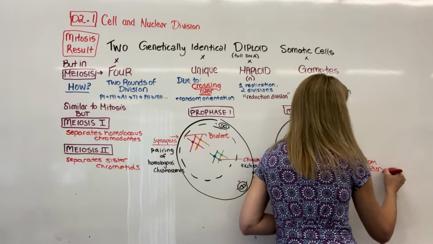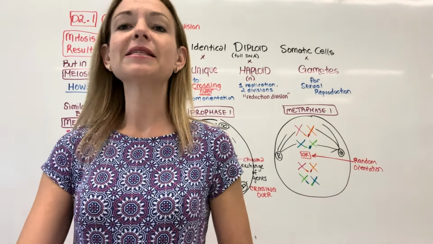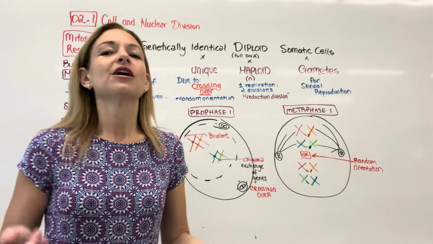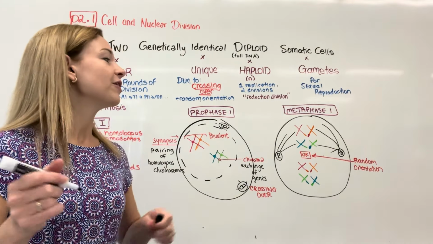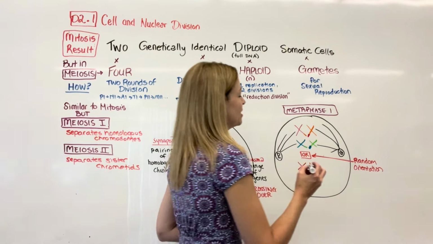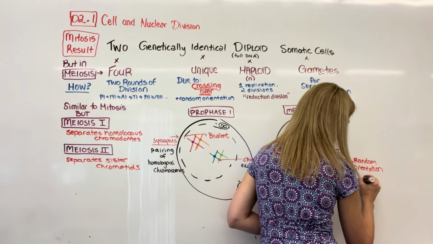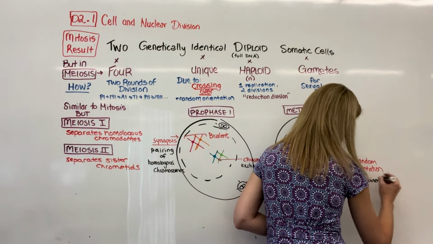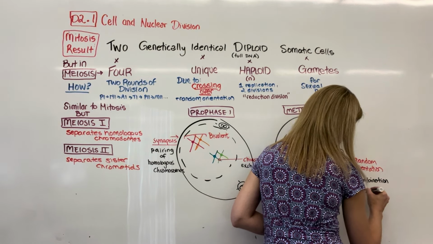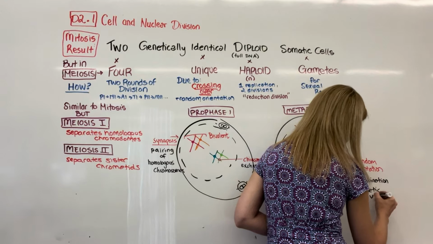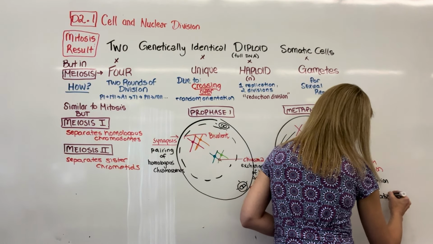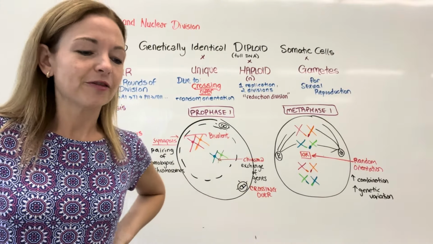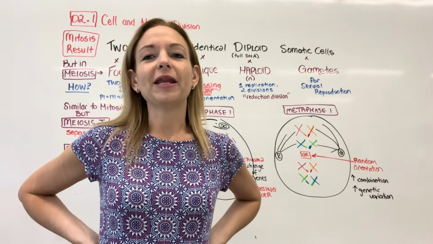By having two different possible combinations for only two chromosomes, if you were looking across 23 pairs, you have an almost infinite number of different combinations. So this is going to increase combinations, and that is going to be a source of genetic variation. And genetic variation is going to trigger natural selection if that happened to be a positive or helpful combination.